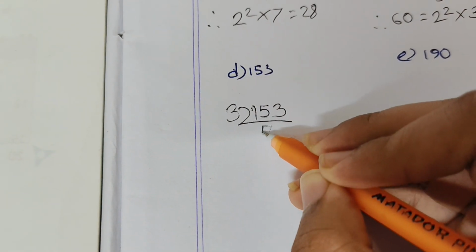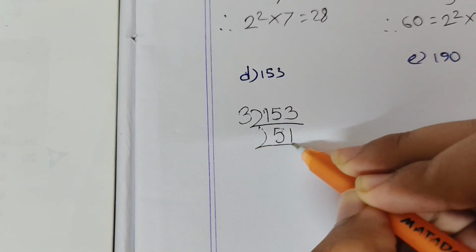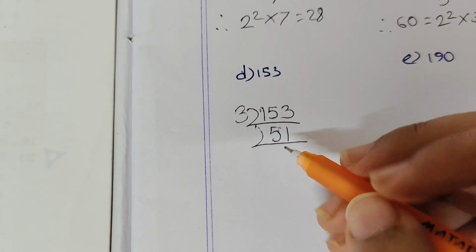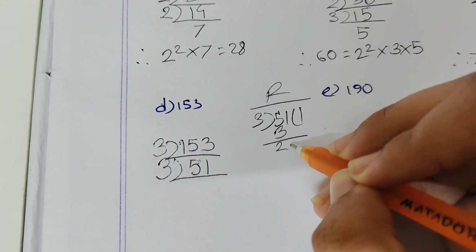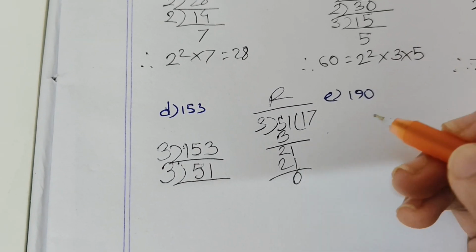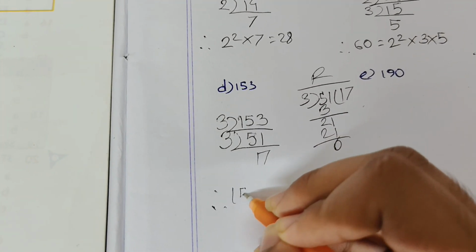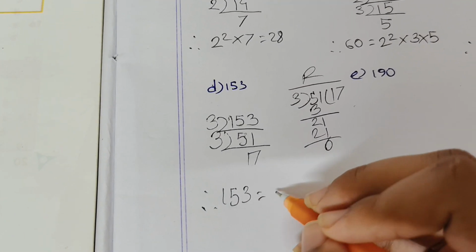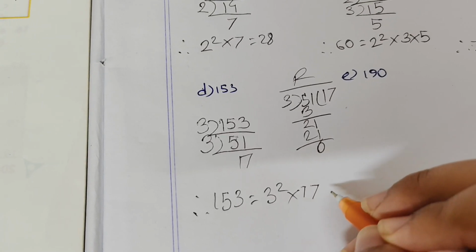Therefore, 51. 51 is also divisible by 3. 3 multiplied by 1, 3, 21. 3 multiplied by 7, 21. 17. Therefore,